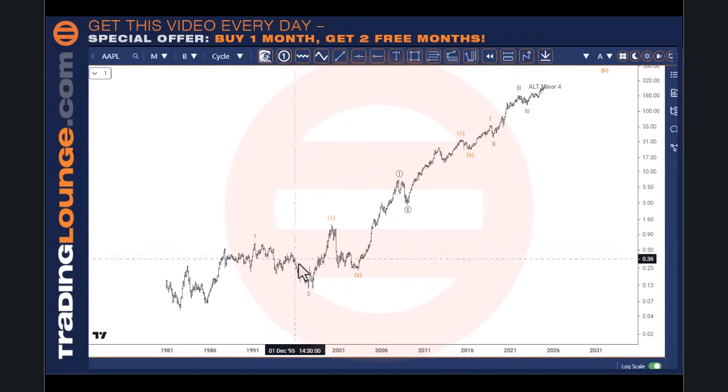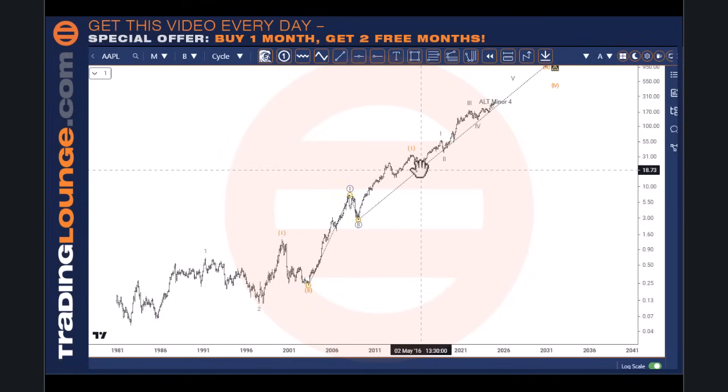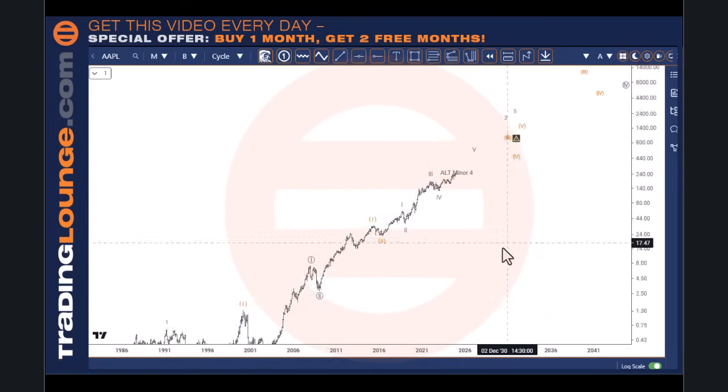So we've got this wave 1 here and 2 here and 1 here and 2 here, and these are all sharp corrections. This one here is a bit sideways, so this market's got more to go at this particular point. It's difficult to count this as a top for Apple. It's still got a fair way to go based on all of this. So I just wanted to point this out as 1 and 2 and 1 and 2 and 1 and 2 and then 1 and 2. And so from wave 1 and 2 here, we're going up into wave 3 here.